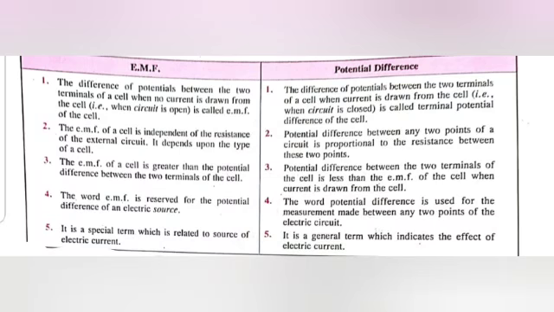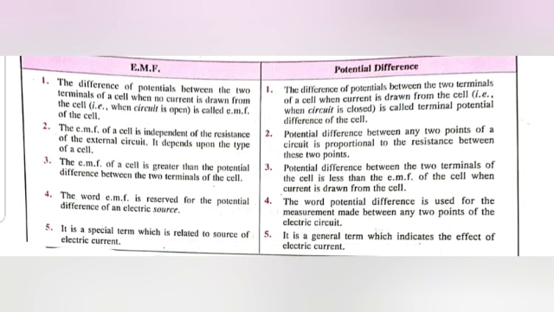Now let us complete one more additional topic, which is about cells. What are cells? Cell is actually a device that provides the necessary potential difference to an electric circuit to maintain a continuous flow of current in it. Or in other words, you can say that a cell is a device which converts chemical energy into electrical energy. We are already aware of the symbol of a cell. We have drawn it many times in various circuits, and we know that a cell has two terminals, positive and negative. Now what does the cell provide us? The cell provides EMF, which is known as electromotive force.